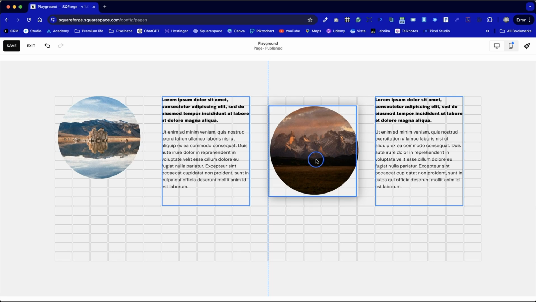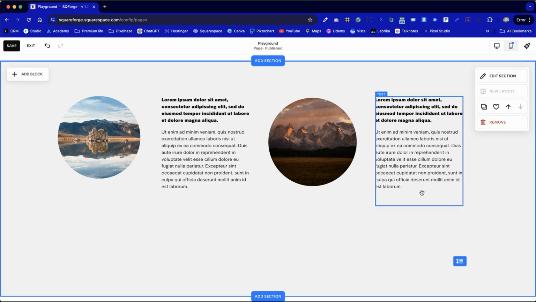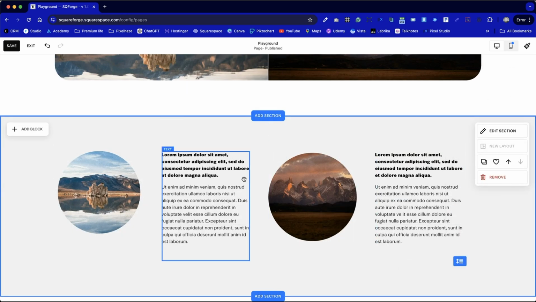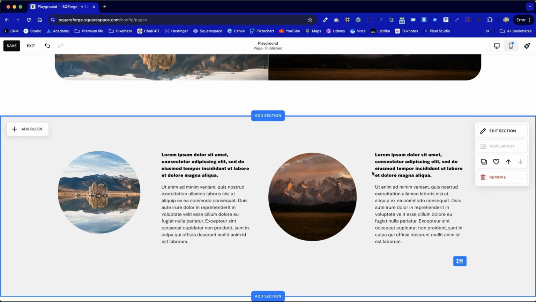I'm going to count the number of rows, 5 there, to make sure that our images are the same size. Once we're happy with that, we can reduce the bottom section up to make it more compact, and we have two very different image layout options here, but both are equally powerful and look fully bespoke, being built from the